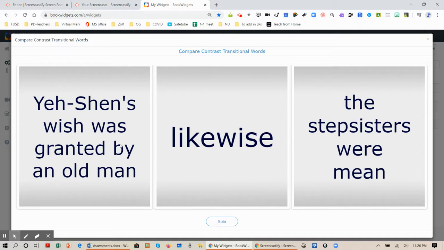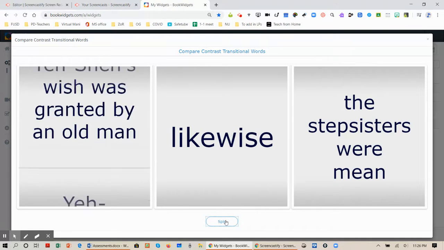match the ideas and then say this is the same, so they would put that in the same column, and then they would look at the ideas in the images and say that these are different, and then they would put that in the contrast column. So every time I spin,